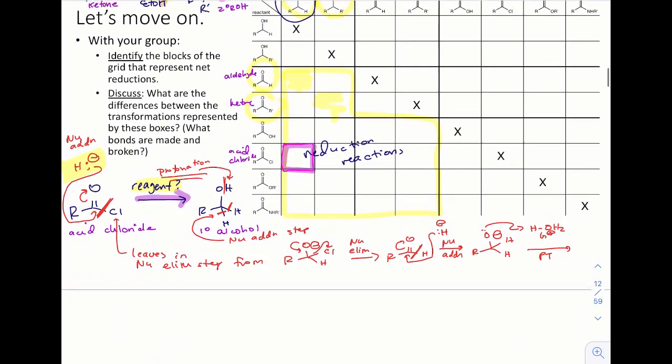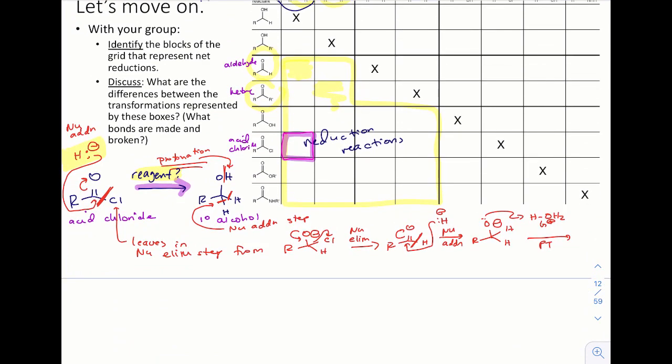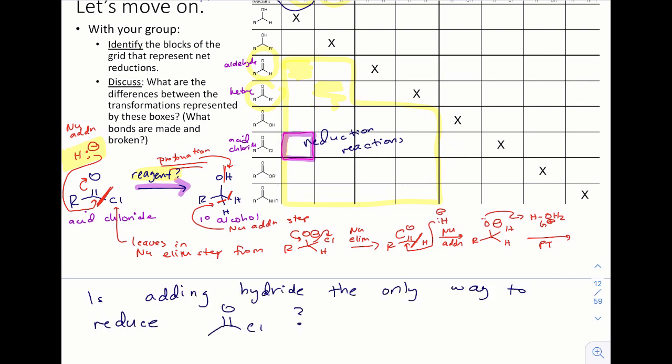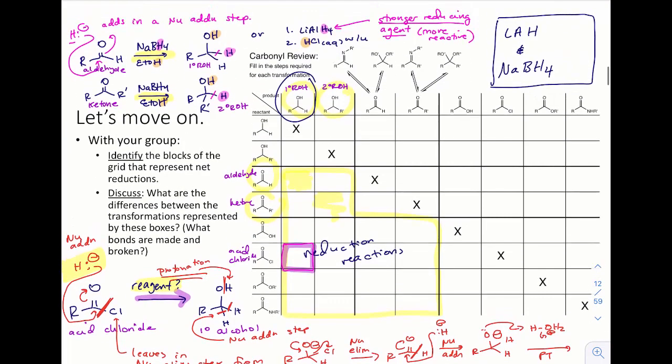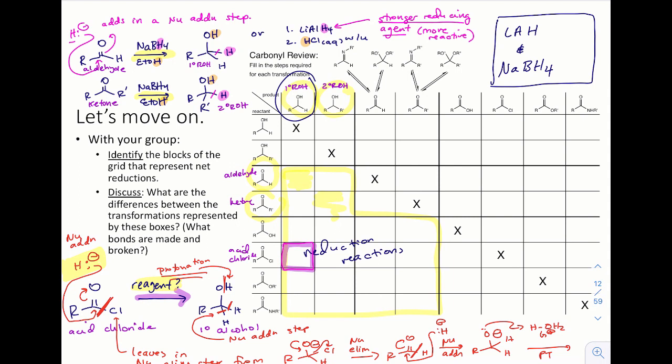adding hydride the only way to reduce an acid chloride, for example, or any of these functional groups in this quadrant? What do you think about this question? Well, a follow-up: was adding hydride the only way to reduce aldehydes and ketones? Were there other ways to reduce aldehydes and ketones? Now, there's another transformation that you know on this grid, which is also a reduction. So it's this one right here,